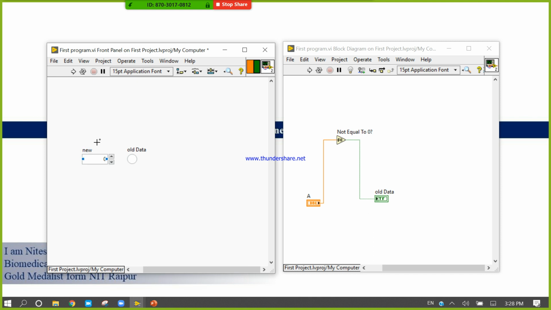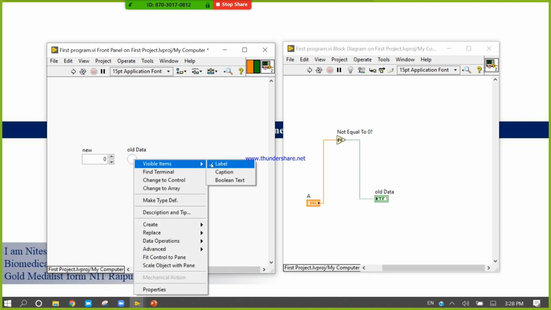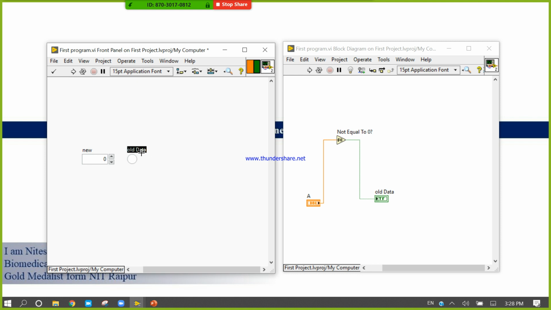So here I selected the caption and changed the caption, but there is no change, because here there is no caption, only the label. Here I change the label, so it changes automatically. If I change its label into caption and write a, there is no change.